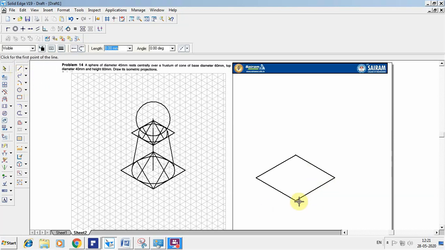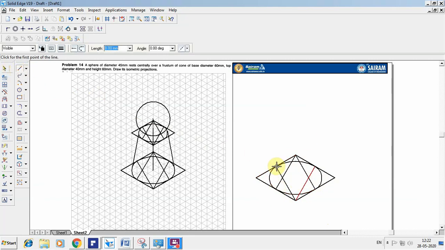So I will go for line to the center point, again from the center point, center and this center. Go for arc by center point, select this, join. Similarly from here I want to select and you can join. Go for arc by center point again. So this intersection as a reference, I want to draw the arc. Similarly, this I want to select and I want to draw the arc on this side.